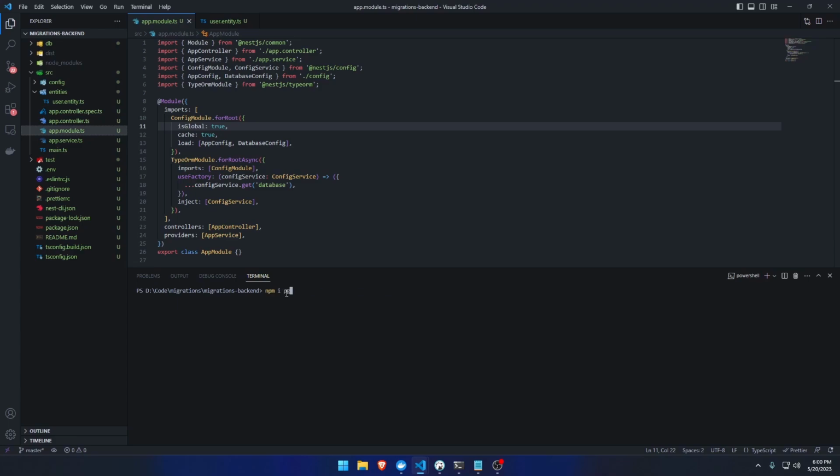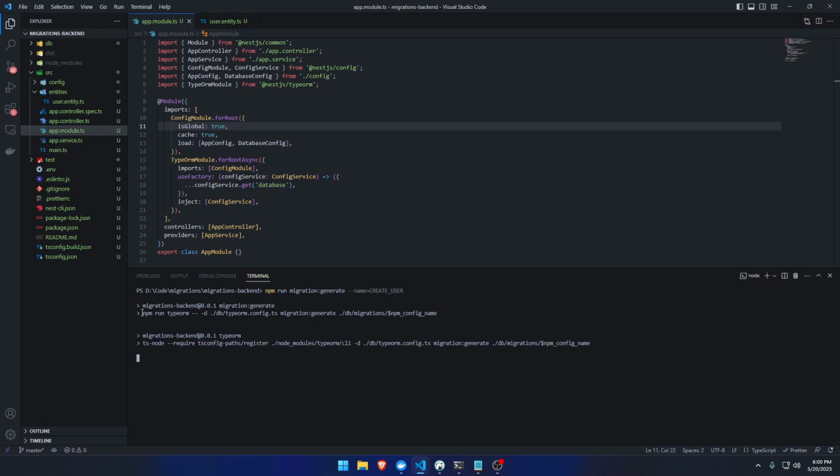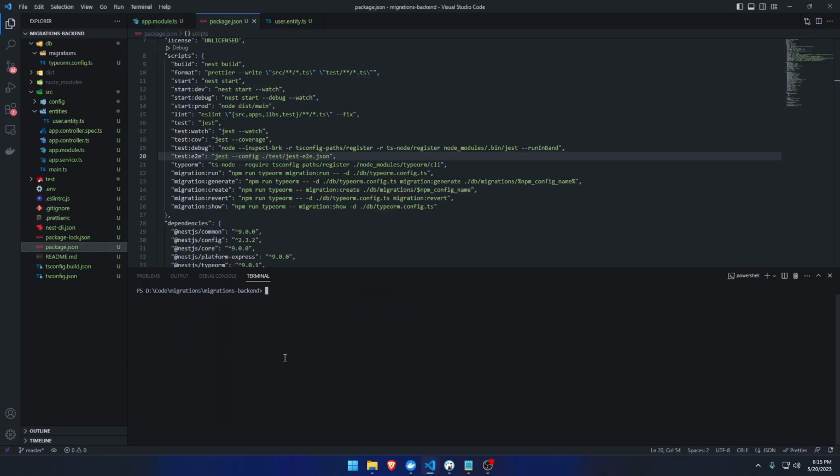So I'm going to generate a migration first, and let's say it's create user, right? Now, once I run this, see, it's running the TypeORM, now it's running the second script, and we have created the migration. Now, something is wrong with the name here. Let me check. Okay, I made a mistake here. The name should be wrapped with the percentage sign, right? So we're going to create a migration inside the DB migrations and then npm config name,